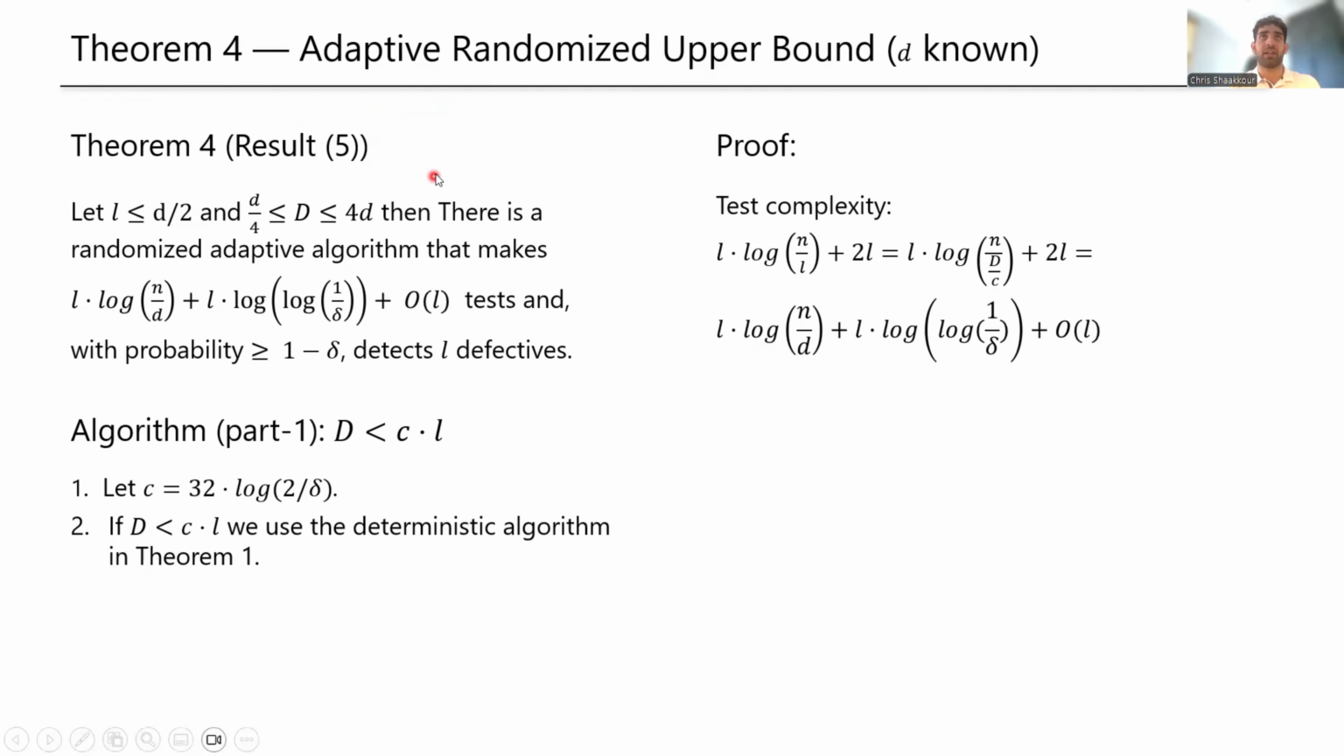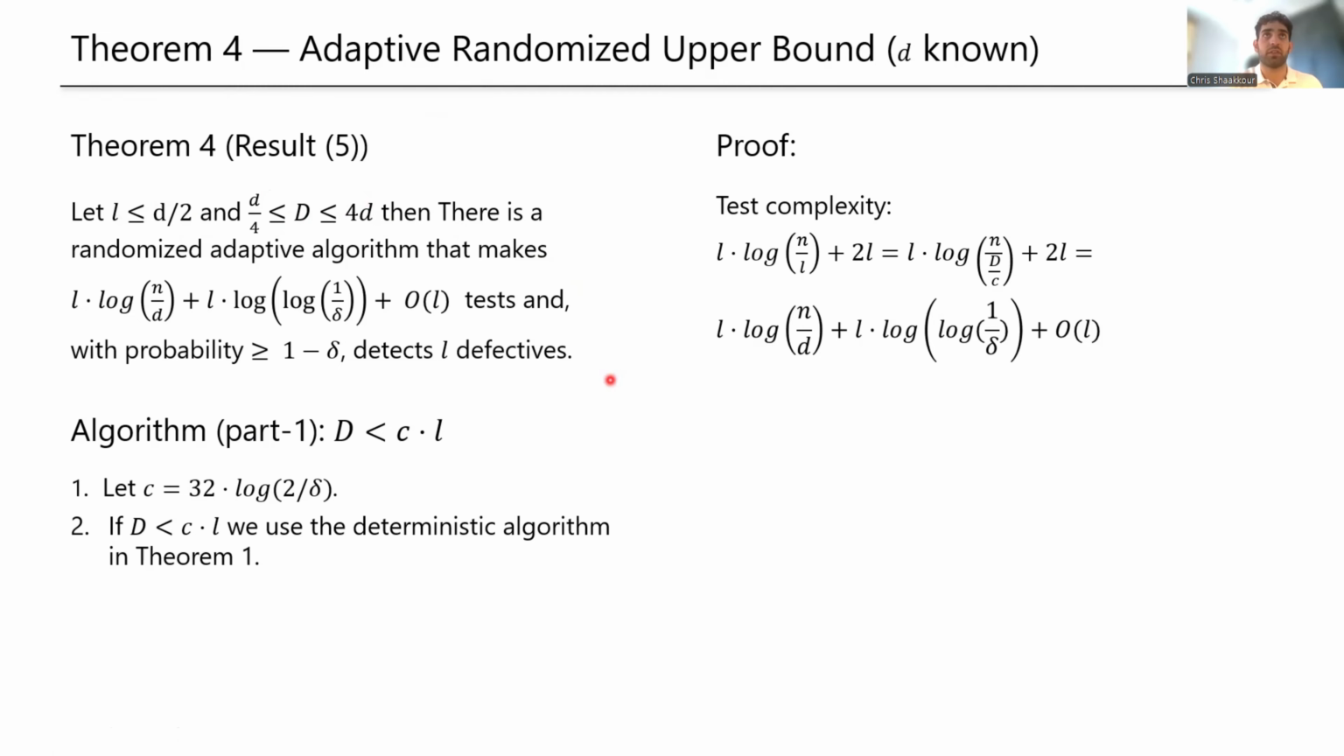So the algorithm gives us the output L with a certain probability. This theorem has two proofs. We are going to first look at part number 1, the first part of the proof. Let's first take a look at the theorem and then dig deeper into why this works and why we have chosen this upper bound. So we say let L be smaller than D divided by 2. L is the number of defective items we're looking for, and D is the total number of defective items. And D is an integer that resides between D divided by 4 and 4D when there's a randomized adaptive algorithm